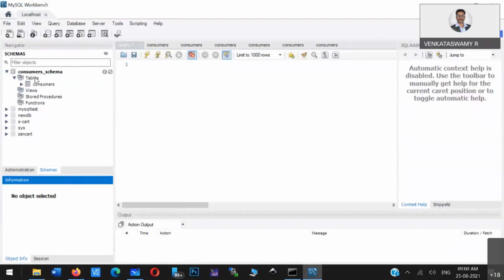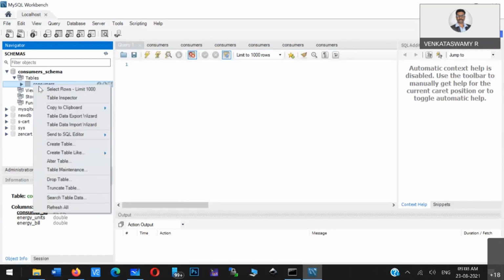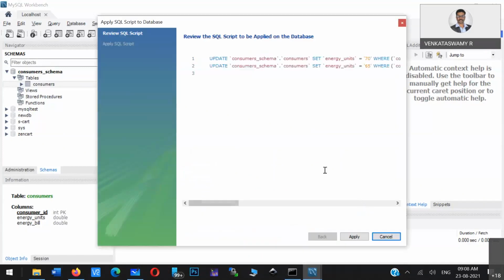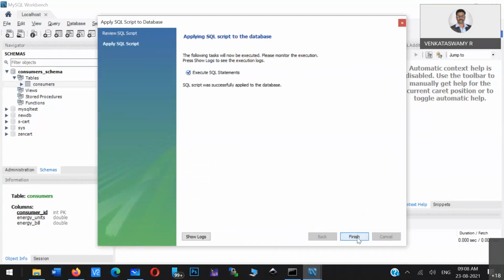In MySQL Workbench alone, you can see the data and modify it. Here I am just modifying the number of units. For example, this 55 units, I'll make it 65 units, and then save those values in the database through Workbench.